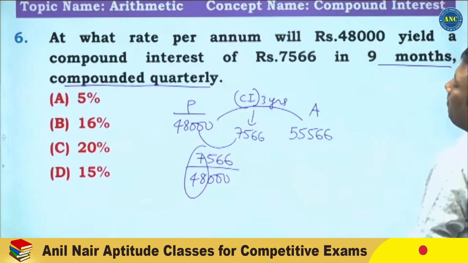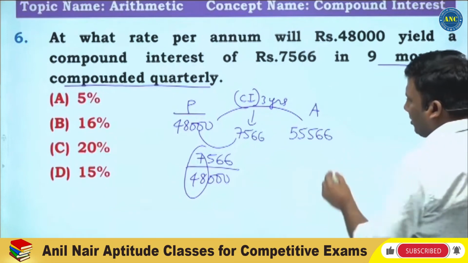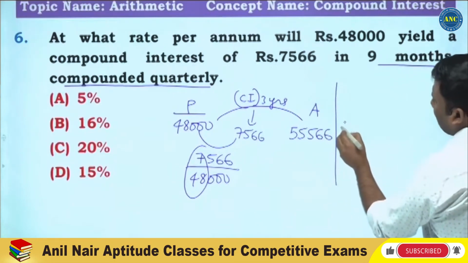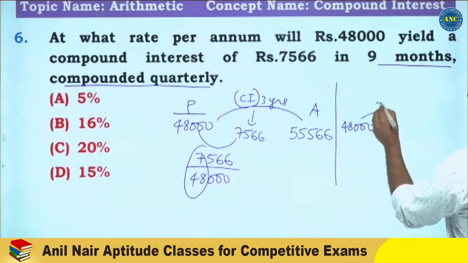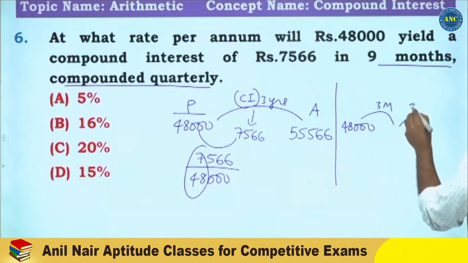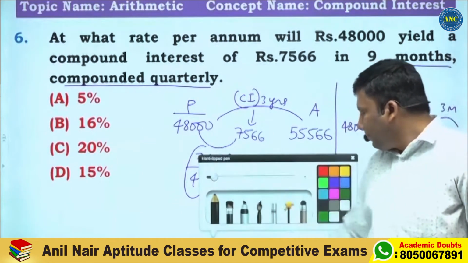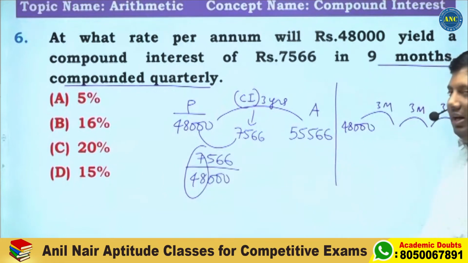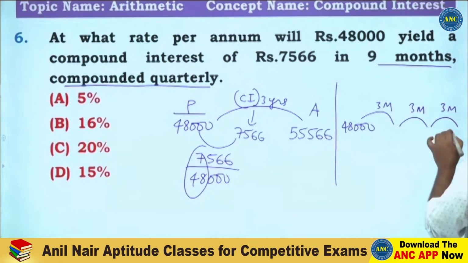9 months compounded quarterly. Quarterly means, one minute sir. This question I will write like this. 48,000, it is in 3 months. Again it is in 3 months. Again it is in 3 months. 3 months, 3 months, 3 months. In 3 months, compounded quarterly. So this will become